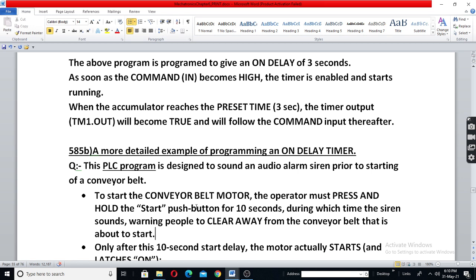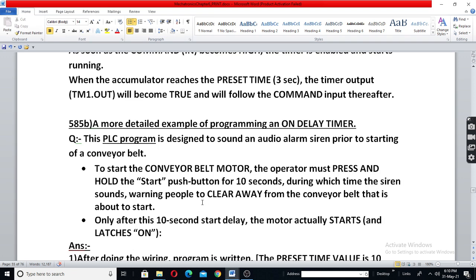And when you turn off the motor, the motor should become off, say after 1 hour, 2 hours, etc. Not only that, after 10 seconds, the motor should become on and latch. Latch means it should remain on even if the input signal goes off.